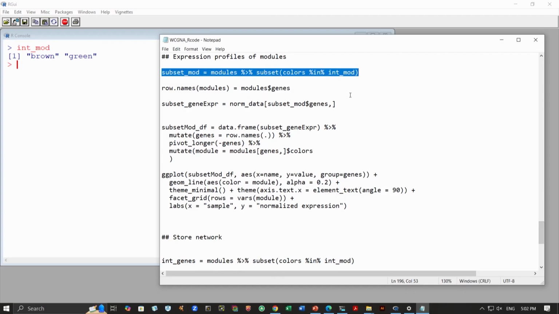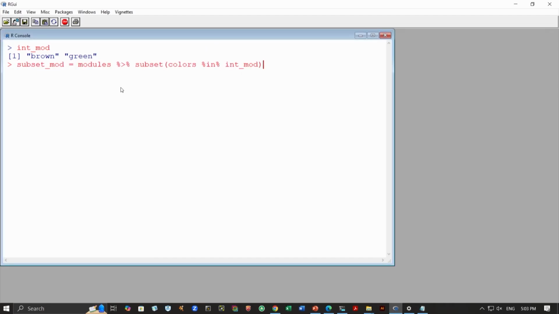What we are doing is now creating a subset of modules. Again, this function we can use for more than two, and I hope you remember, this is what we are getting from the dplyr via the tidyverse package. We have the modules list. From that we are doing a subset for which the colors, meaning the module color, is present in interesting modules. These interesting modules are brown and green that are mentioned, it could be even more than two. So, all those modules will be picked and stored in this subset. Once we run this, let us